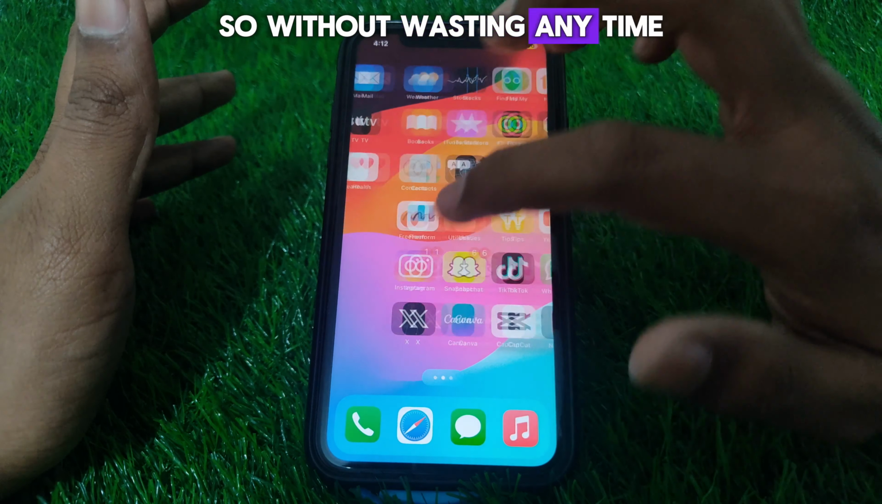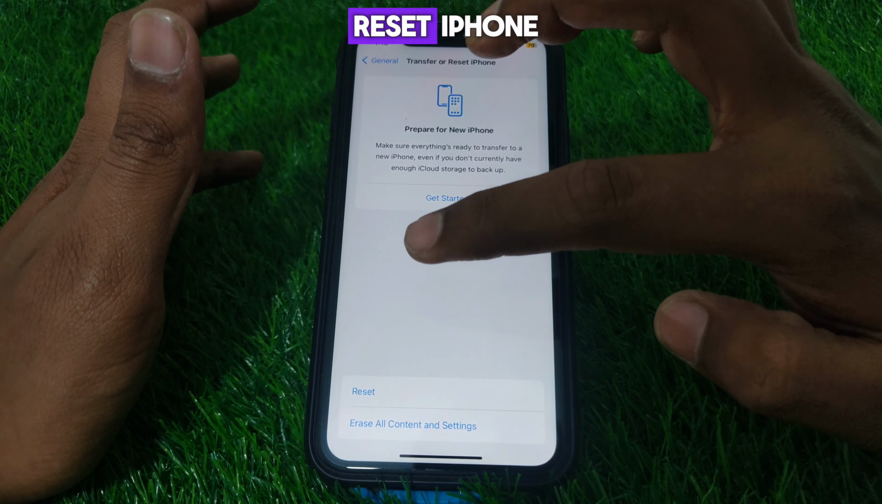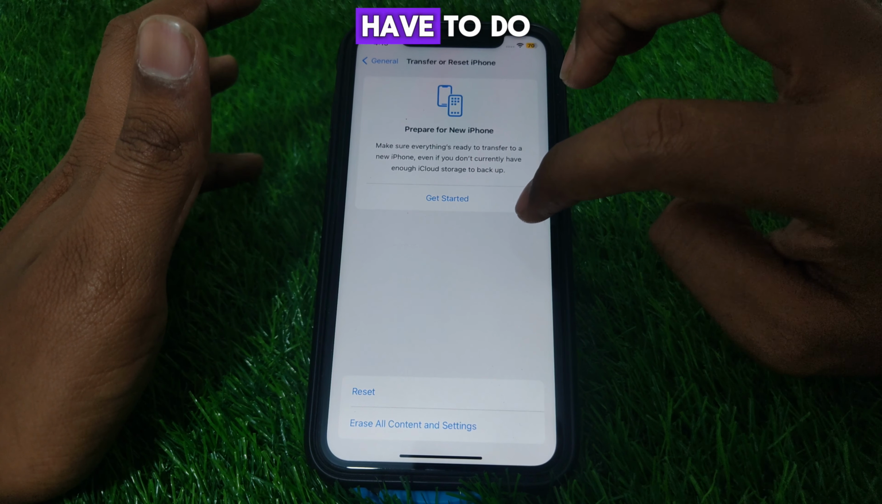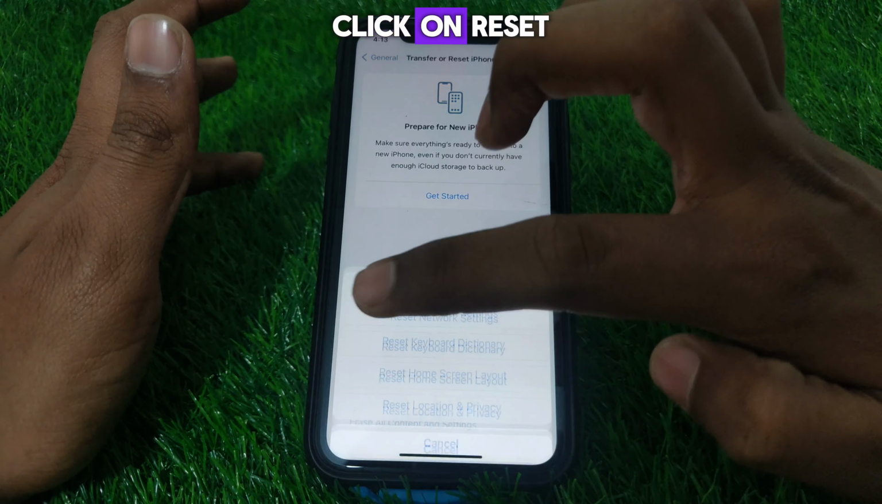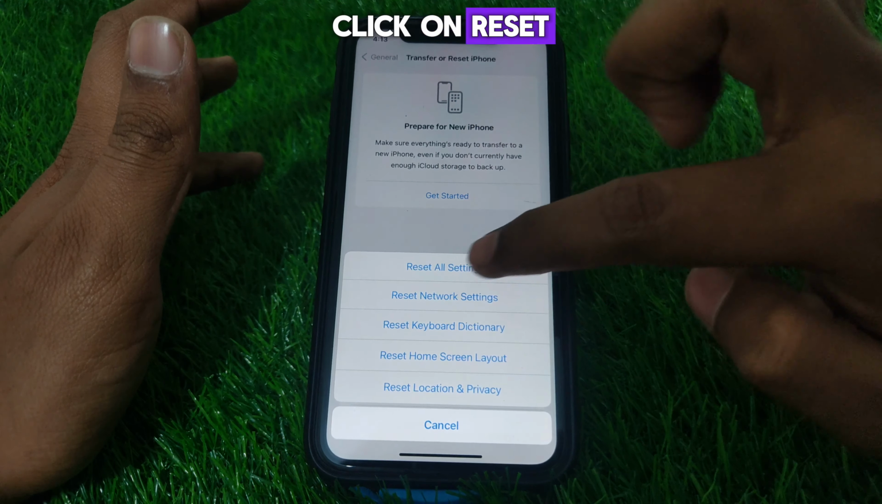So first of all, you have to simply go to settings, and after that what you have to do, you have to scroll it down until you find the option of general. So here you have to click on that, and after clicking on general, you have to scroll it down until you find the option of transfer or reset iPhone. So here you have to simply click on reset, and here you have to click on reset all network setting, and after resetting all of your network setting, you have to simply go back,